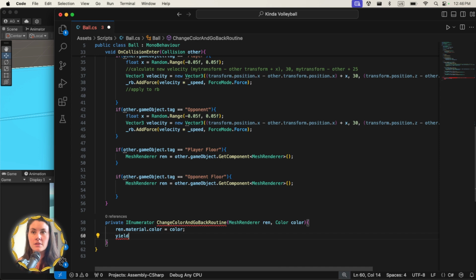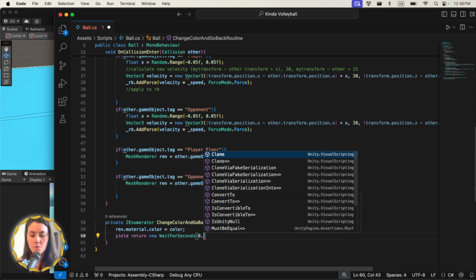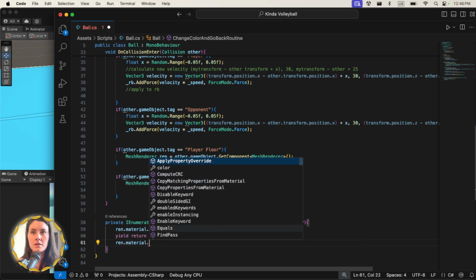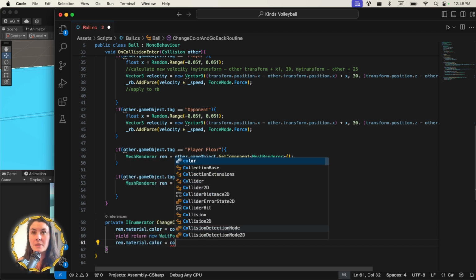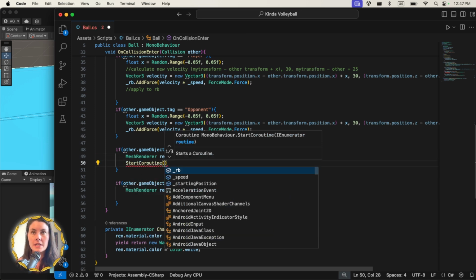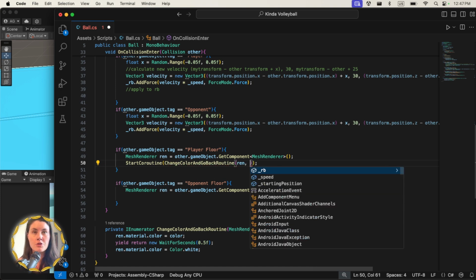And then let's yield return a new WaitForSeconds, and I'm just going to wait like 0.5f, and then the renderer.material.color will go back to normal, which for me is Color.white, but you can choose whatever the normal color of your floor is here. And then let's just call that coroutine. Let's say StartCoroutine, ChangeColorAndGoBackRoutine, and we are passing in renderer, and then what color